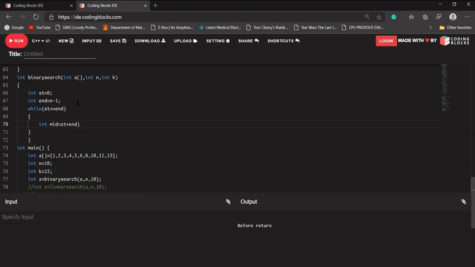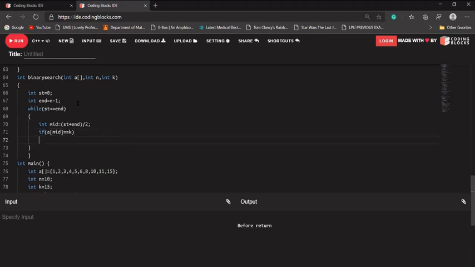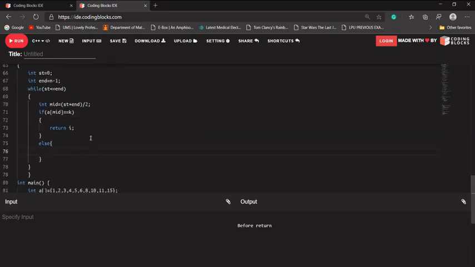Then we check if a at mid is equal to the value k. If it is equal, that means we have found it, and we should return our value. Or else, if it is not equal, there are two conditions: either the mid value is greater or the mid value is lesser.